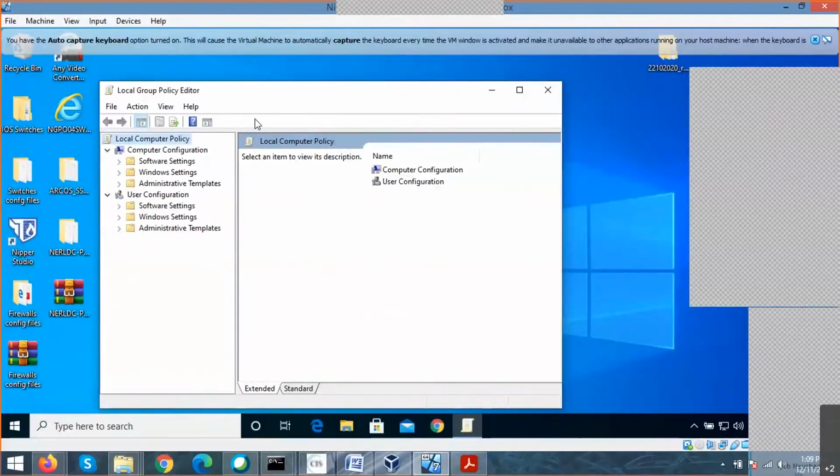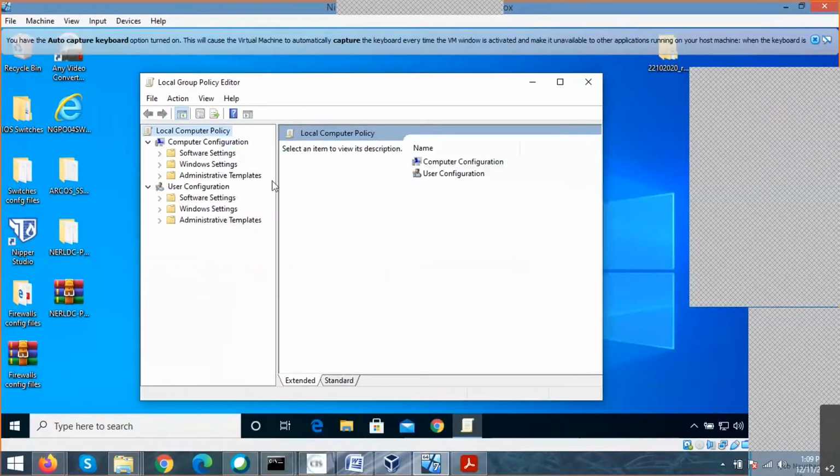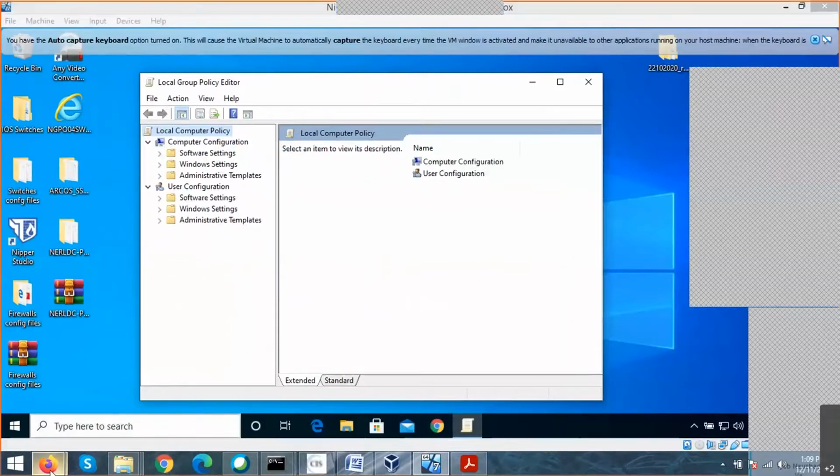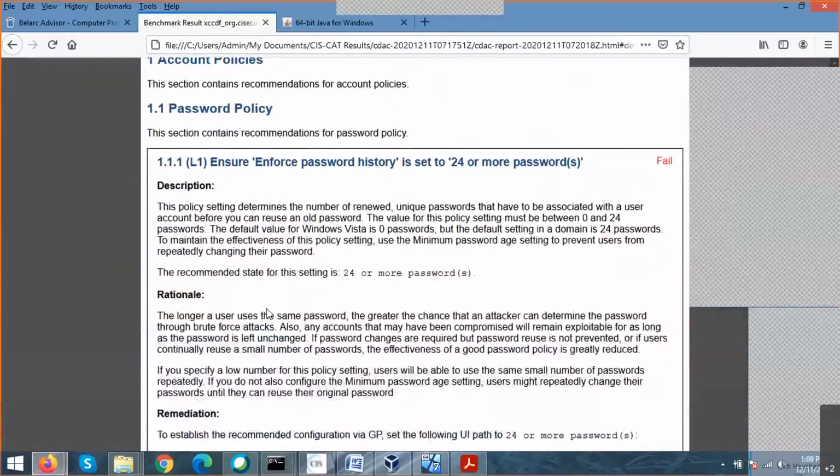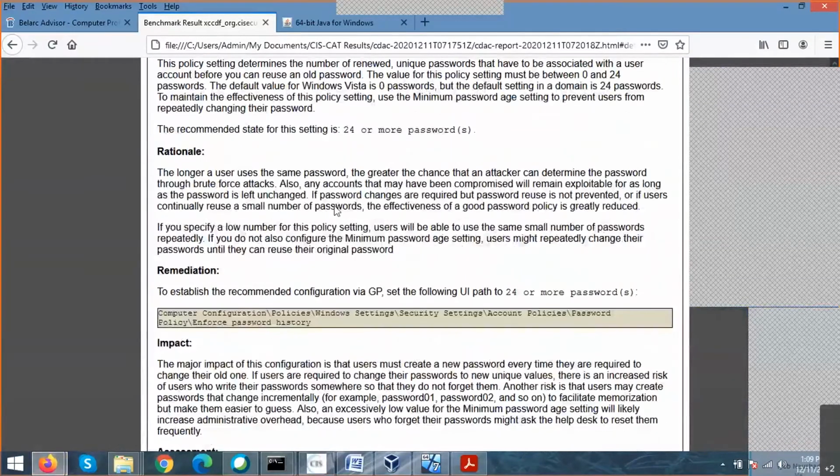Yeah. So can you see this? Can you open this? Okay. So under the configuration mode, you have to go to the computer configuration.